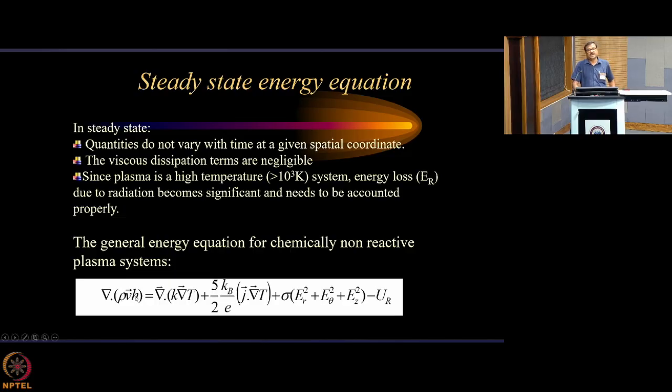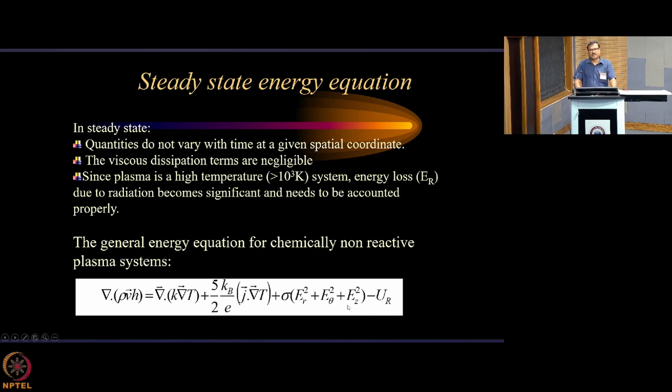You see that it is rho v into h, and the first one on the right hand side is the conductive term. Okay, so the energy transport due to conduction. Then this one is the J dot E term, as I already described how this term appears. This one is nothing but the Joule-heating term, sigma E square. Sigma E square you can equivalently write as J square by sigma. And then this one is the radiation loss term, so that is why the minus sign is there.